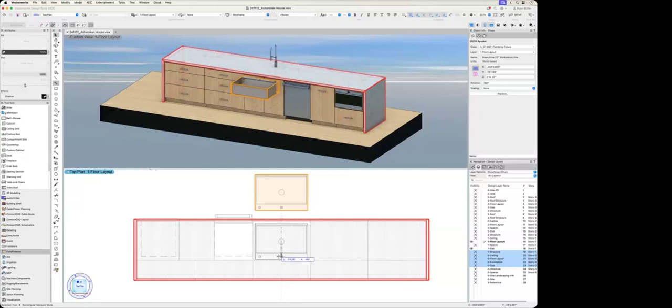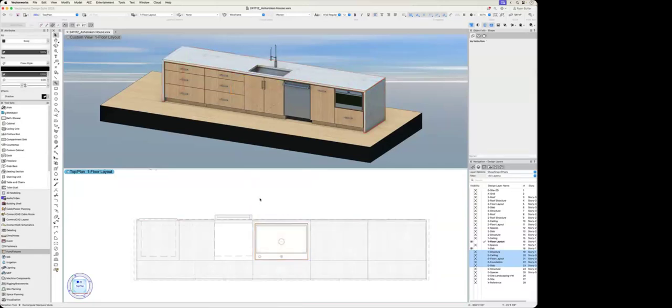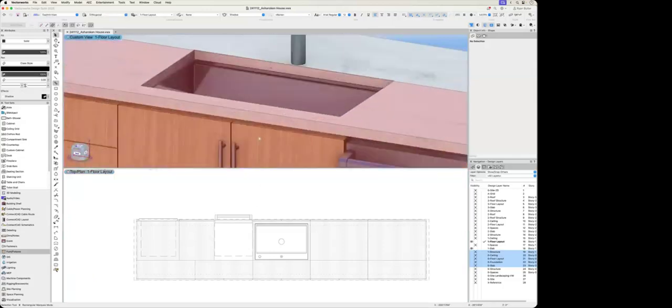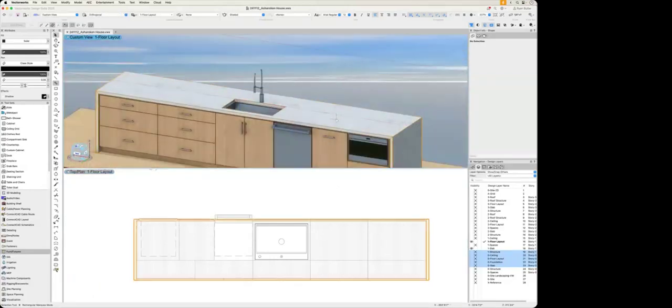And you can see that I'm clicking and dragging into where the countertop is. You can see it highlighted in 3D and 2D, and just let go. And now the sink is placed in my countertop. With the countertop, you can also change other attributes